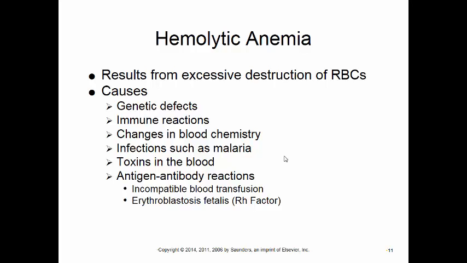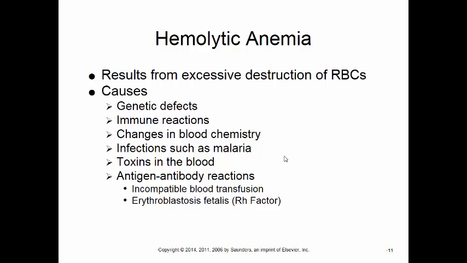We can also have immune reactions where we attack the red blood cells and cause their lysis, where they're destroyed. Changes in the blood chemistry, we can see in infections like malaria, because the parasite goes into the red blood cells, and when they are burst, they're released. Toxins in the blood can cause hemolytic anemias,